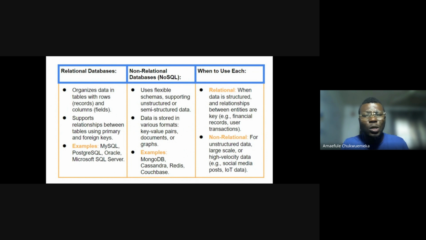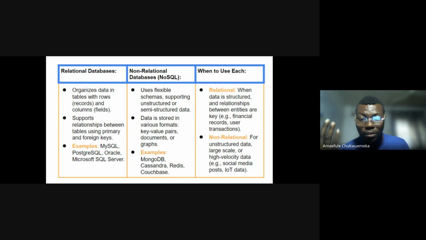So the question now becomes, when do we use these? We use a relational database when the data is structured. So first, is the data structured? Tick. Is there a relationship between the entries? That means if we look at the data, can we pattern it? Is there a pattern where this is the name of a person, this is his age, this is his gender, this is his location? Then we look at another record and we see the same thing. When we see a pattern in the data, then that data has a relationship,